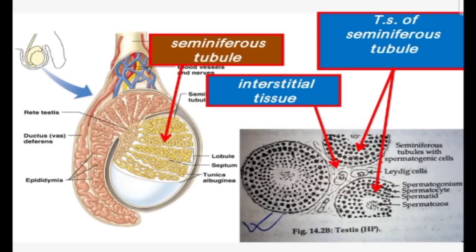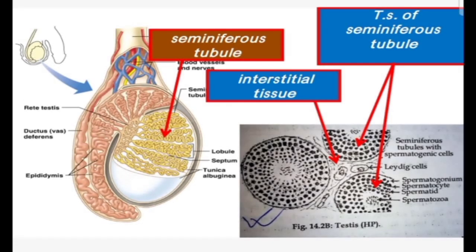And if we talk about this seminiferous epithelium, from the basal lamina there are 4-5 layers of cells. In the lowest layer, the basal layer, are the cells known as spermatogonia. In a child, all the cells in the seminiferous tubules are spermatogonia. But as age advances, at the time of puberty, under the sex hormones, a process called spermatogenesis starts, and there is production of spermatocytes.